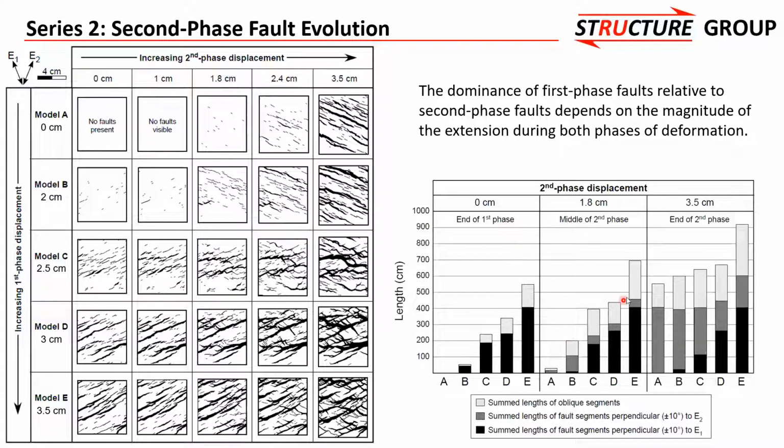However, in the middle, you end up with a significant amount of fault segments that are oblique to both extension directions. So especially if you are observing the middle phase of a model, it can be very difficult to parse out what is the dominant extensional phase, what is the magnitude of various extension directions, because the fault patterns are still developing. Oliver Duffy, who's now at the BEG, took the analysis of these fault patterns